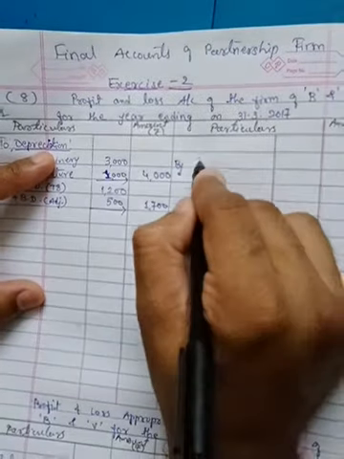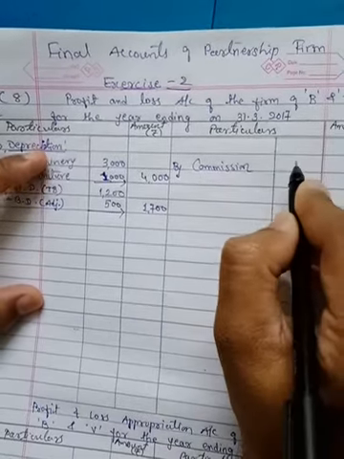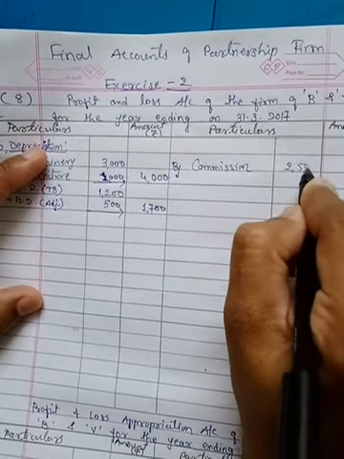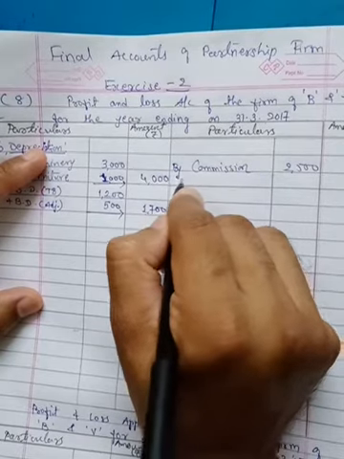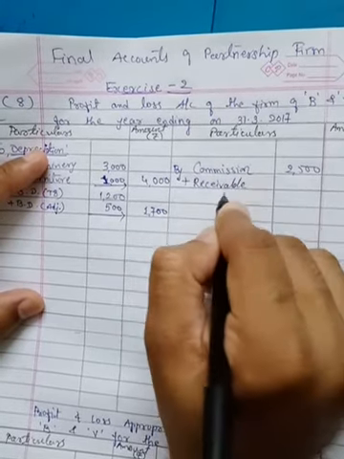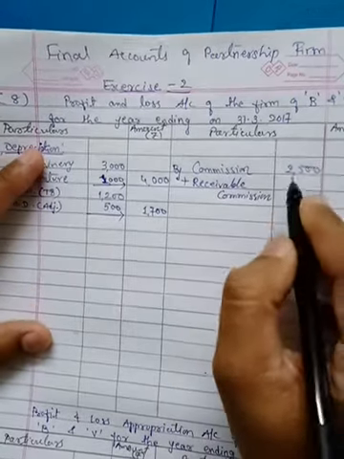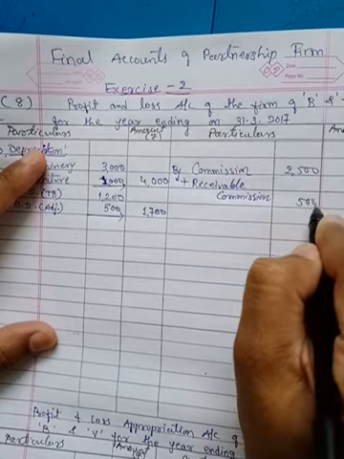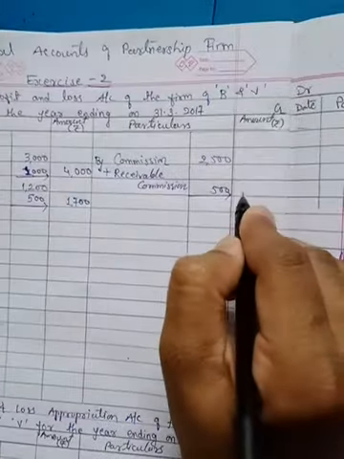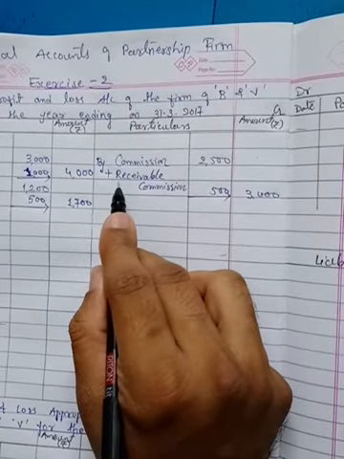So by commission amount in the inner column 2500, to this we are going to add receivable commission, which is given 500. So total in outer column we can write 3000,